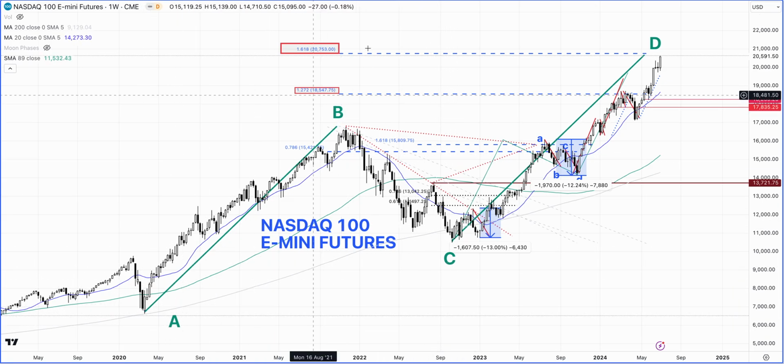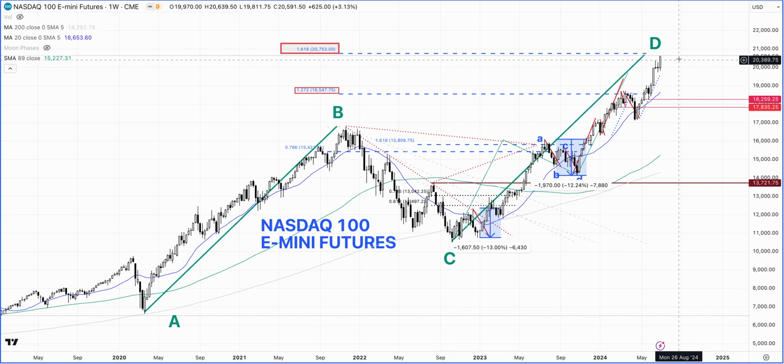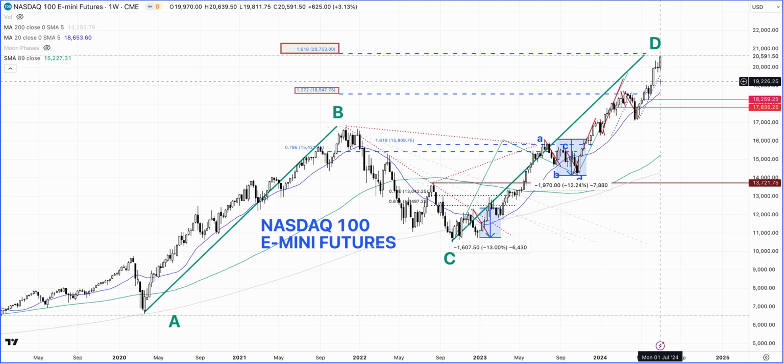and then of course the 1-to-1 price projection ABCD of the COVID lows to the highs of November of 2021, projected from the lows of 10th of October 2022 when this market finally took off and the bear market came to an end. That projection gave us a figure of about 20,750, 20,700 roughly. They're ballpark figures. And now the market is pretty much there. It's fascinating to see the high came in last week as high as 20,639. So in my opinion, the pattern is complete.